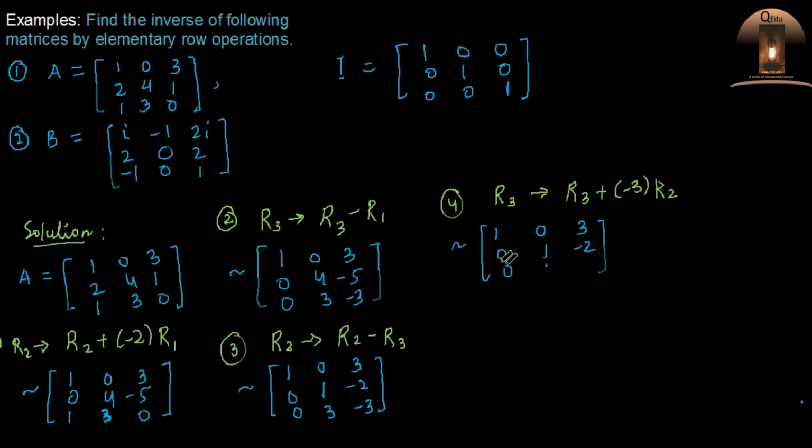will be same, 0 plus minus 3 into 0 will be same 0, and then 3 minus 1 into 3 will be equal to 0, and then for the third element, we are applying the same operation, row 3 that will be equal to minus 3 plus minus 3 into minus 2. So this will be equal to minus 3 same, and then plus, because minus into minus will be plus, and then 3 into 2 will be 6. So here we have plus 3.